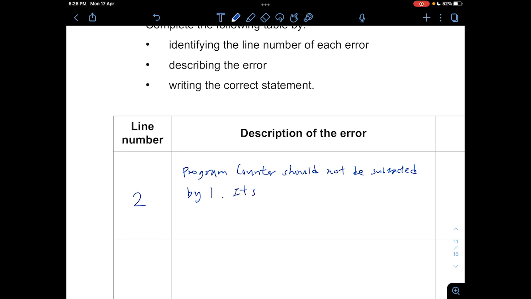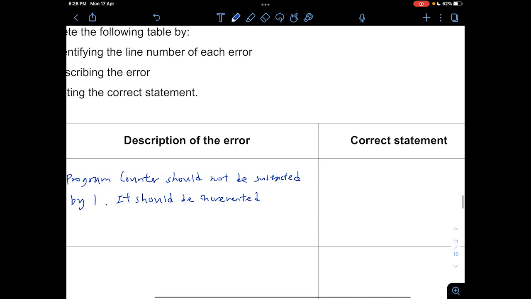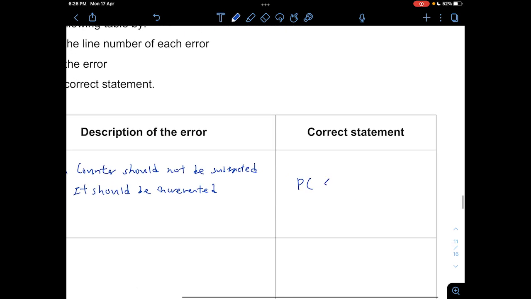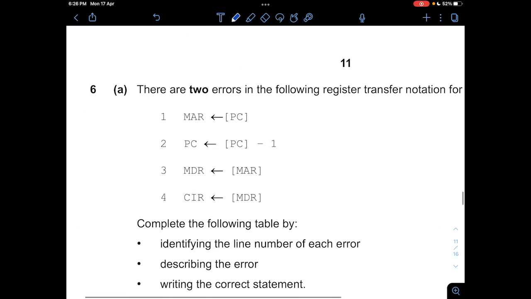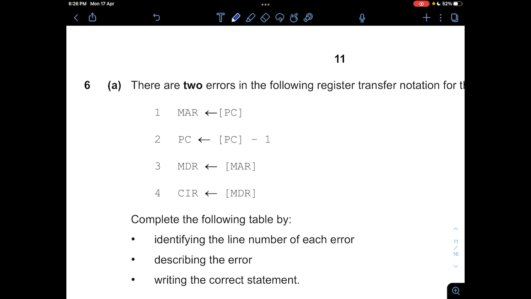And it should be incremented. So instead of content of PC minus 1, it will be content of PC plus 1. Right, so then here, it is at memory data register. So here it should be